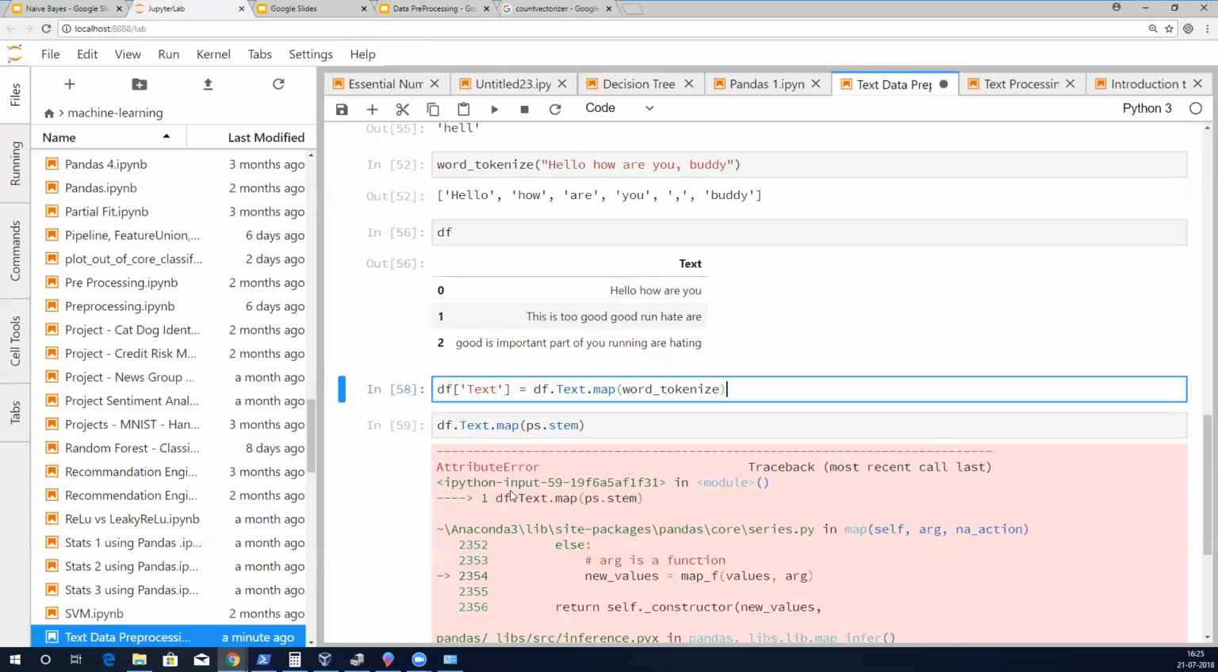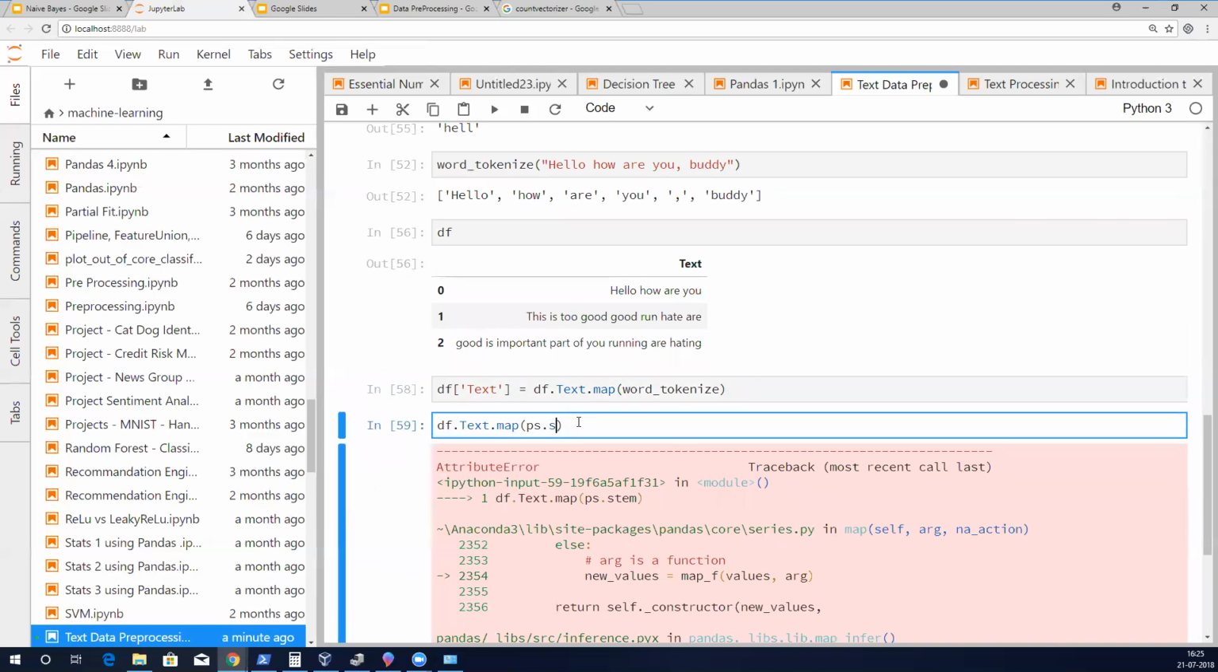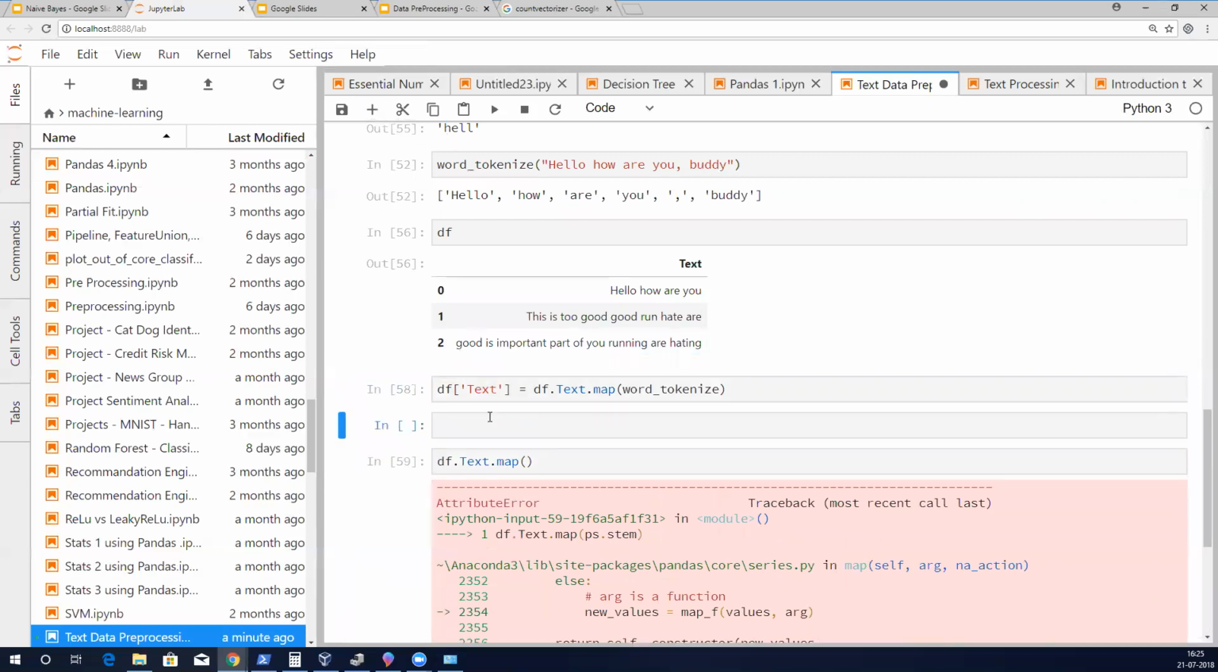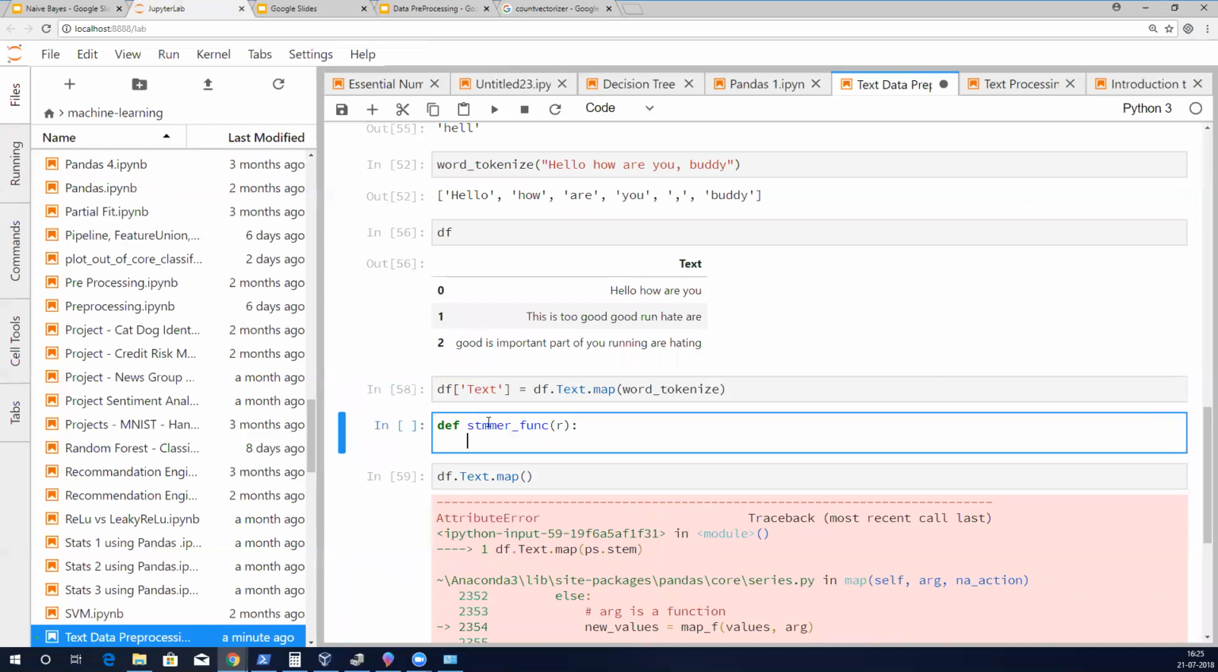Sorry. Here, it will not take each line. The input is each word actually. So we cannot do it directly this way. Understood why it didn't work? Because ps.stem takes one word at a time. It does not take each line. So basically we have to define a function here which will do that. def stemmer_func, it takes each row, for